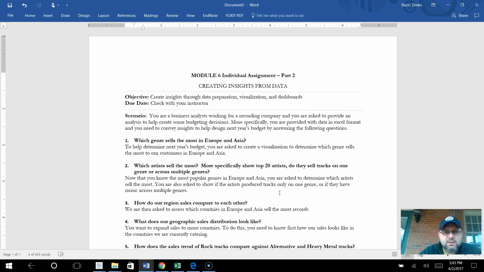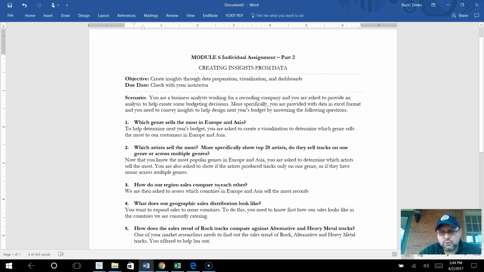So more specifically, you are provided with data in Excel format. Again, you should be familiar with this format because in Module 3 we covered Excel. And you will need to convey insights to help design next year's budget by answering the following questions about your data. Now I'll go through these questions one by one, and we'll take a look in parallel at Excel file